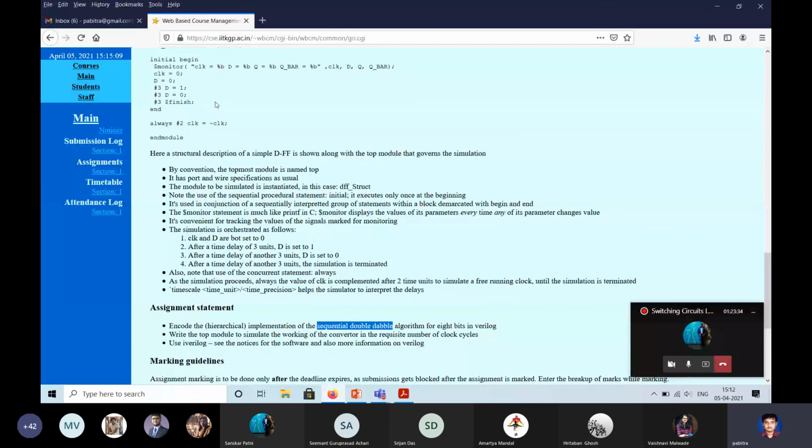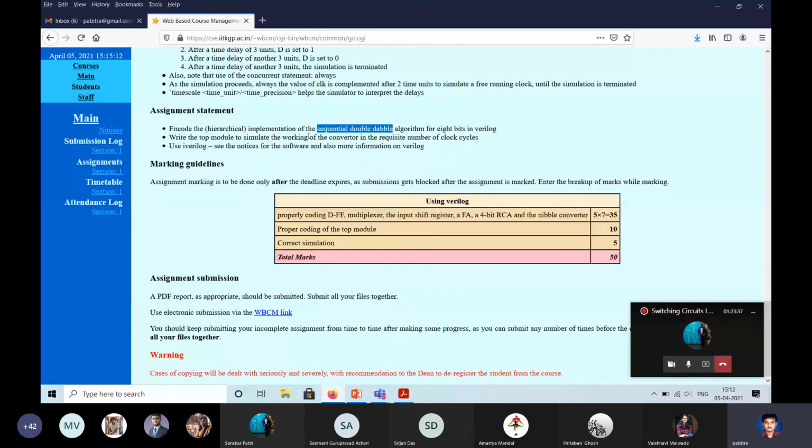Maybe you can write your own test benches also, and then simulate it and create a VCD file. And using GTKWave, you have to visualize the waveforms. You can also write simple display statements to write out the logic values to check if they are correct or not.